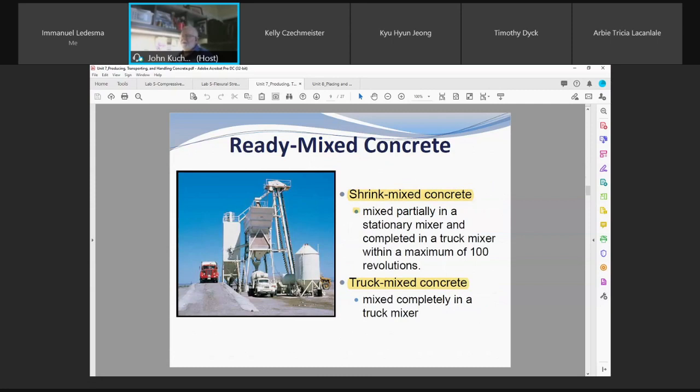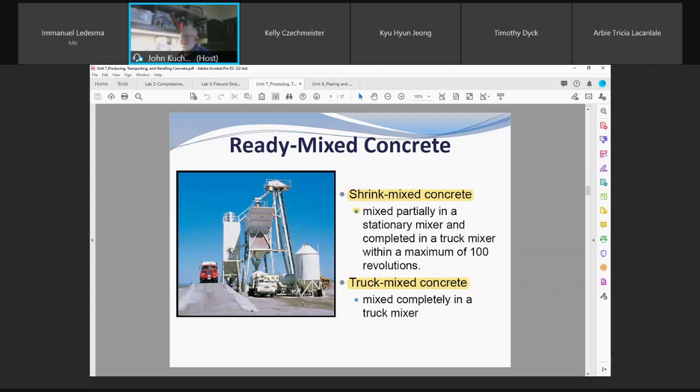But in this one here, this is not a drum plant. You can see the scale, the hoppers up there for the aggregates, the scales, it drops in, the truck becomes the mixing plant. Okay, this is a truck mix concrete, sometimes referred to as transit mix, because it's being mixed as it's going up to the job site. So every truck becomes a mixer. And using a dry batch, these are sometimes referred to as dry batch or truck mix or transit mix, they're a problem because each truck